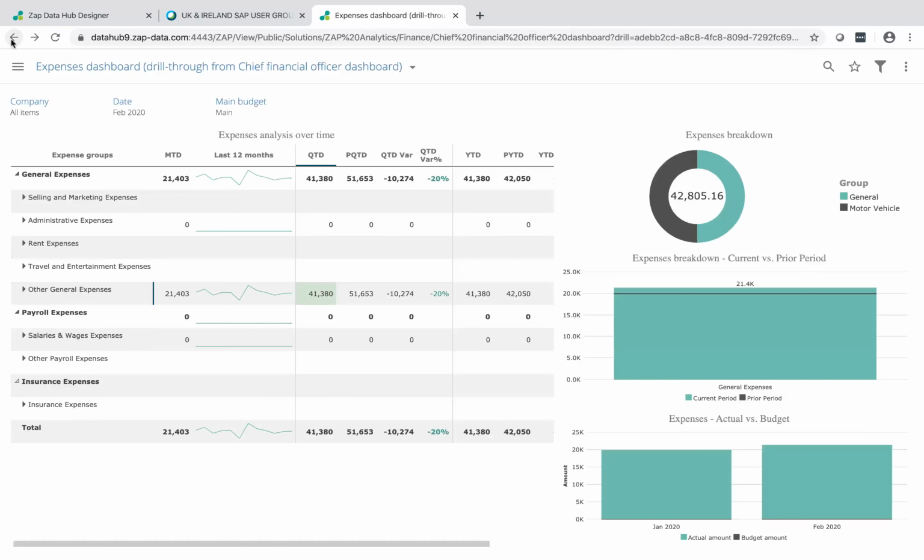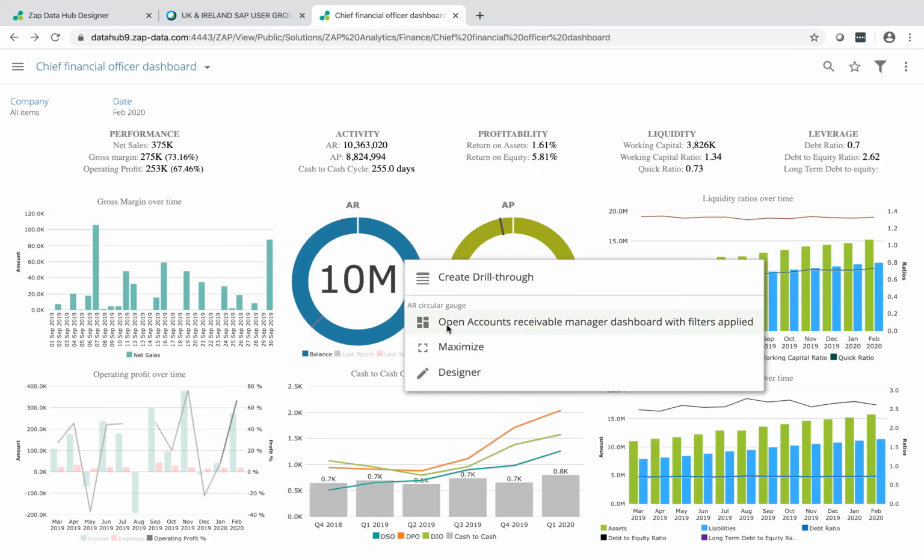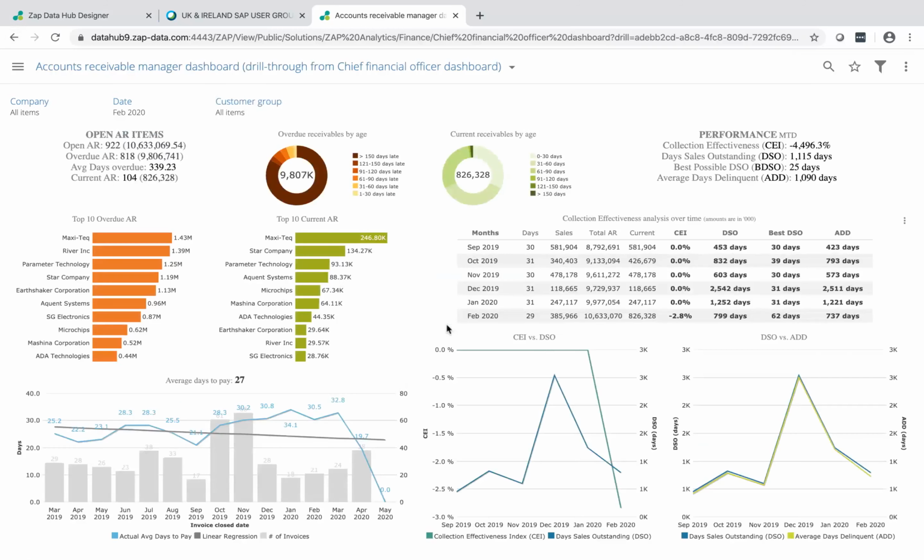If I come back from here, in terms of AR, I have got an accounts receivable dashboard, which again drills through from that value. You come to here, and these are kind of best practices on BI. You want to start with the highest level you can and the simplest level you can, and then drill down into something more, and then drill down into something more. It should never be, let's get a TB and build a report and we'll do that. That should never happen. That is not BI fundamentally.